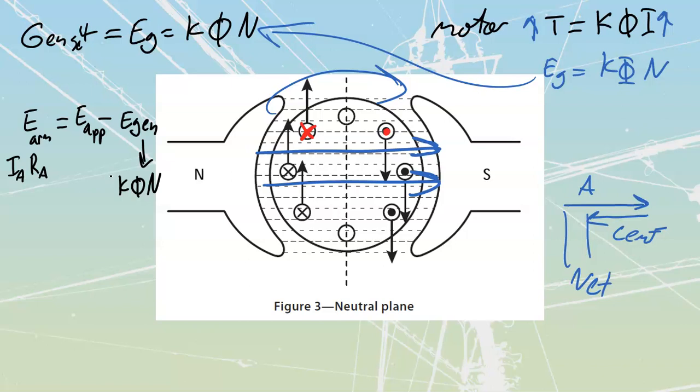Let's start talking about what we have when the motor is sitting at a standstill. Okay, we're going to take this and just remove a whole pile of these lines over here. When the motor is at a standstill, my value for rotation, RPM, is going to be at a value of 0. If that's 0, then this whole formula, E gen, is going to be 0, which means that my full applied value of